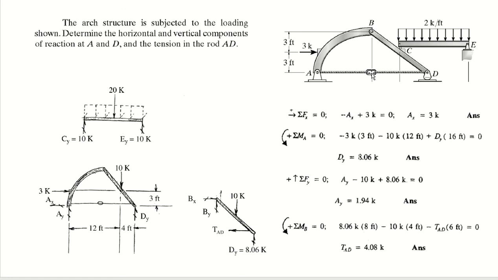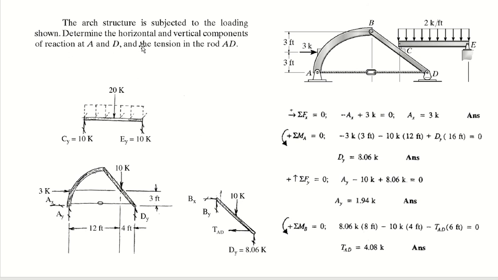They are tied, the A and D are tied. This is your hinge support, this is your rocker or roller support, and the UDL load is applied on it, right? The 2 kip per feet is going beyond point D. Now a horizontal load of 3 kip is applied, which is 3 feet above the supports A and D, and the point B is 6 feet above all.